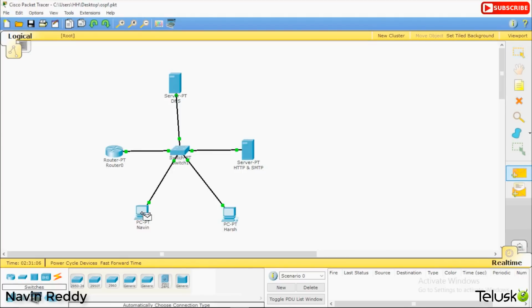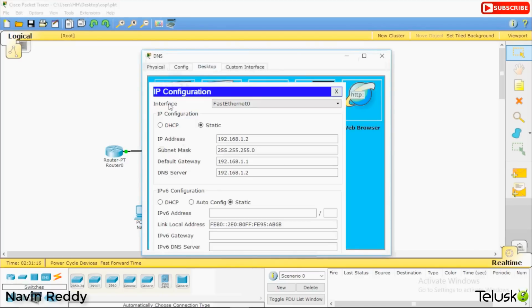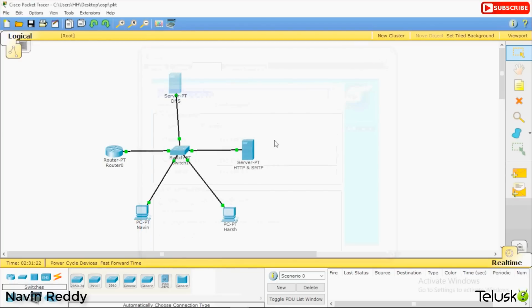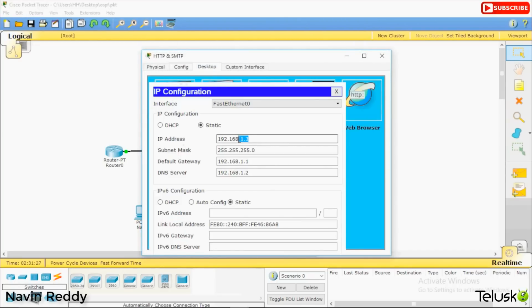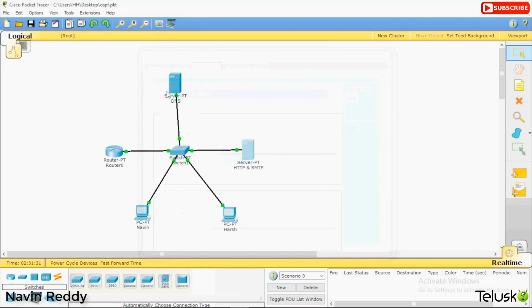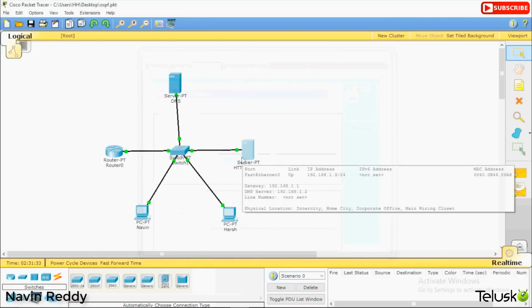Okay, now once we have this switch, we'll first test it. Is it configured? If I drop the packet from here to here, you can see it is saying failed. The reason it is saying failed is because I have not configured the IP address. I have done the configuration for the DNS server. If I go to Desktop and look at IP Configuration, that's your DNS address, you can see it is 1.2. And when I go to the HTTP server and check IP Configuration, we got 1.3 here. 1.1 is your default gateway. So this server is 1.2, this is 1.3.